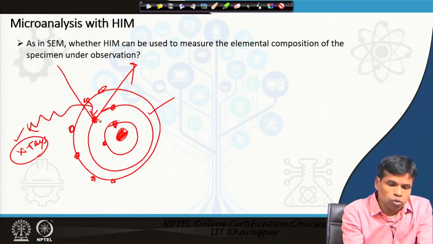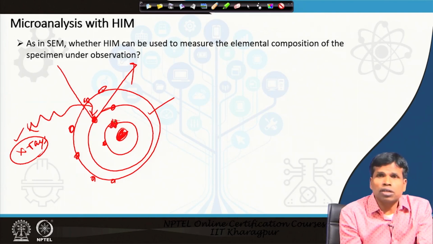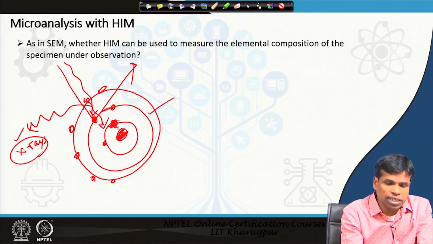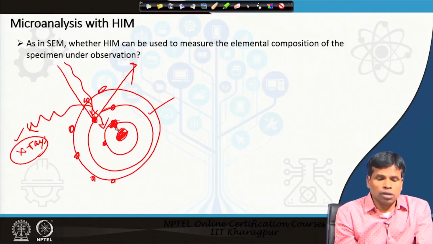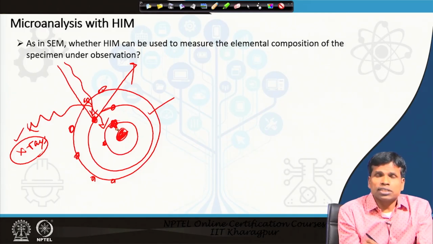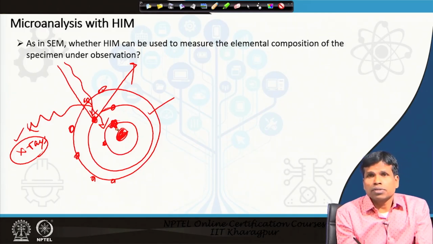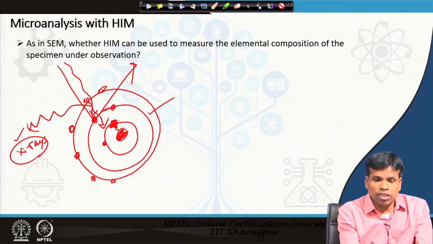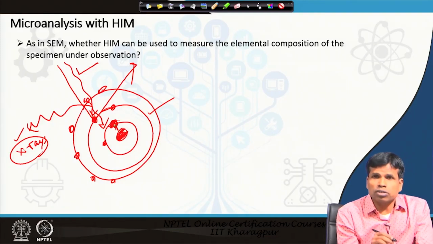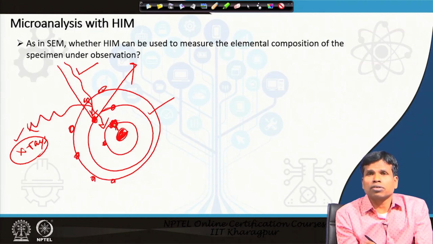So, in these cases, to knock out an electron from the inner shell, the incident electron's energy should be greater than the ionization potential. Similarly, will it be the same for ions? Actually, not. Even though the energy of the incident ion is equal to or greater than the ionization potential of an electron of an atom, it still cannot knock out an electron, because